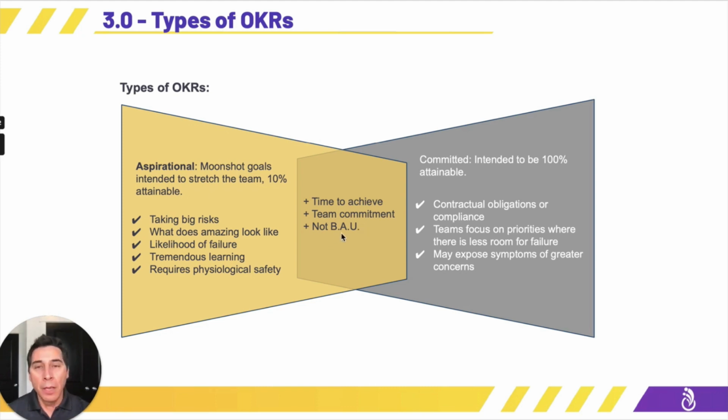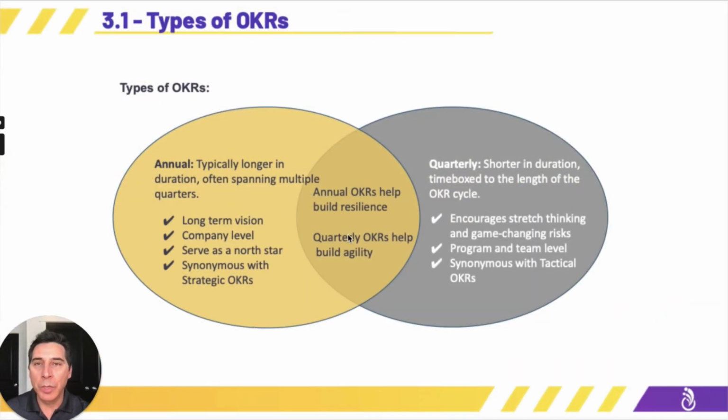And then your OKRs are not to be used for business as usual type of stuff. So when you're creating your OKRs, you'll want to take into account that business as usual stuff. That's the keep the lights on type of work, right? OKRs are meant to be aspirational and serve for a certain moment of time. So we've got the business as usual stuff, but then we also have our OKRs and the things that we want to do here, right? So a little bit of difference there between aspirational and committed OKRs.